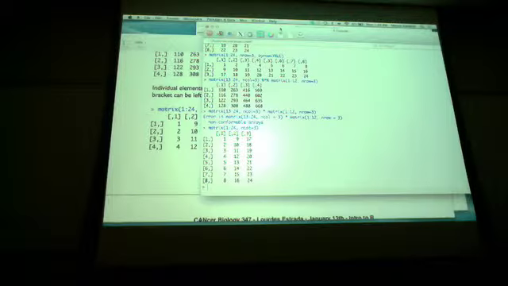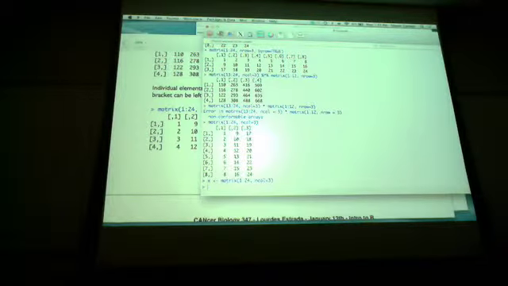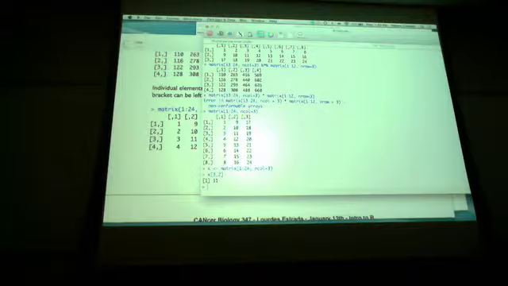So if I said X, I'm going to cover this a bit more in a moment. If I say give me the value in row 3, column 2,